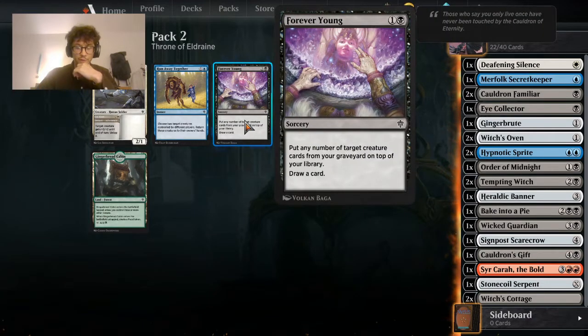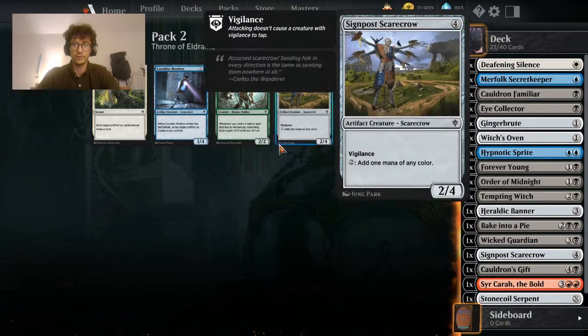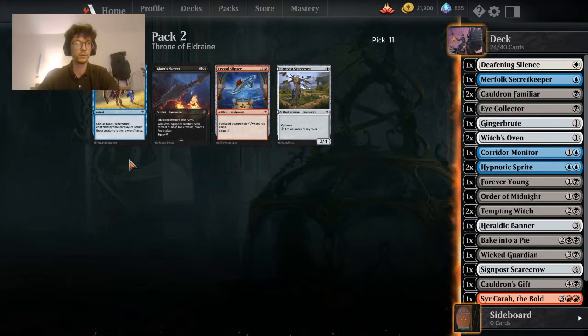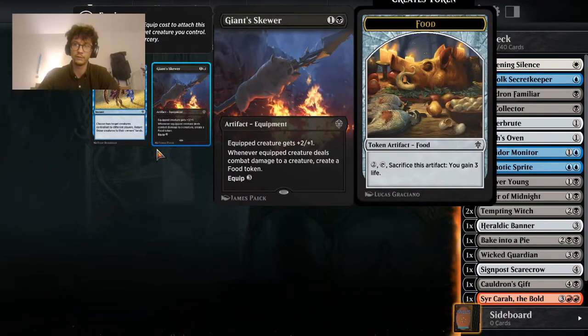This is Forever Young. This is really useful late game because you just ensure that you've got 3 or 4 creatures to draw in a row when you might be top decking or trying to grind out your opponent. True Love's Kiss, Corridor Monitor. I like Corridor Monitor, let's go for that, but it'll probably get cut. Ooh, Runaway Together or Giant Skewer. Let's go for